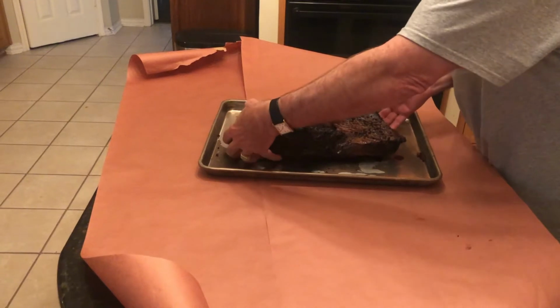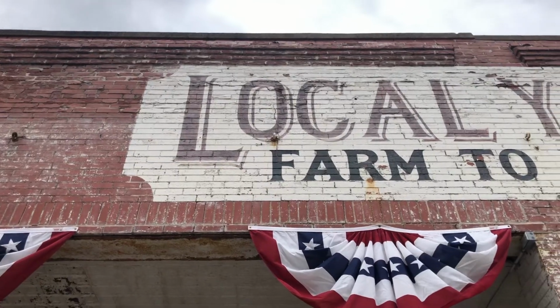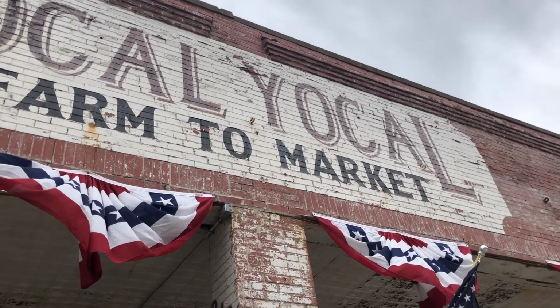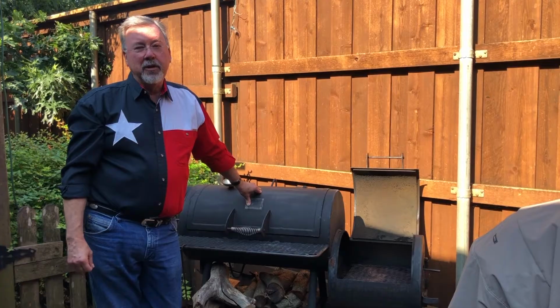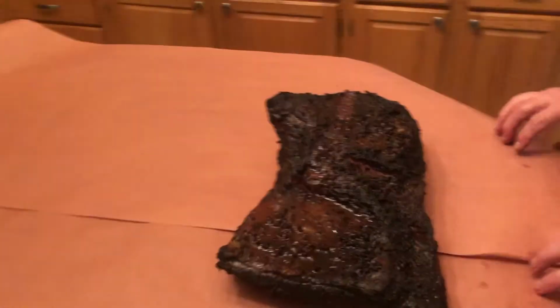Now you can find the peach paper at your local butcher shop typically. I found mine at Local Yokel Butcher Shop up in McKinney, Texas. It was only $2.50. It was enough butcher paper to cut in half and overlap and put